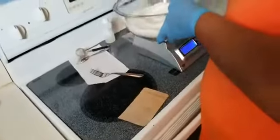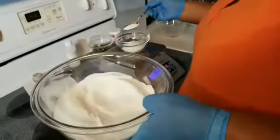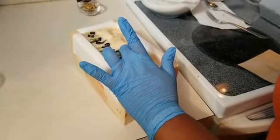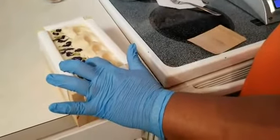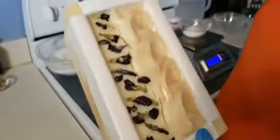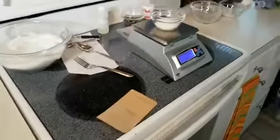Okay, so this is my milk powder. And Alicia says, nice. Hey, Alicia. Keep looking at that soap. You can see it start to... Okay, I feel it. Yeah, oh, that's hot. You can probably touch it if you wanted to. I put fingerprints on it. People will know I did that. Yeah, I can feel it through my glove. Okay, so what I'm going to do is actually put this in the refrigerator. Say bye. Bye-bye. Bye, soap. Now, the refrigerator, not the freezer. I'm not going to put it in the freezer. I just want it to cool off so it doesn't continue to...